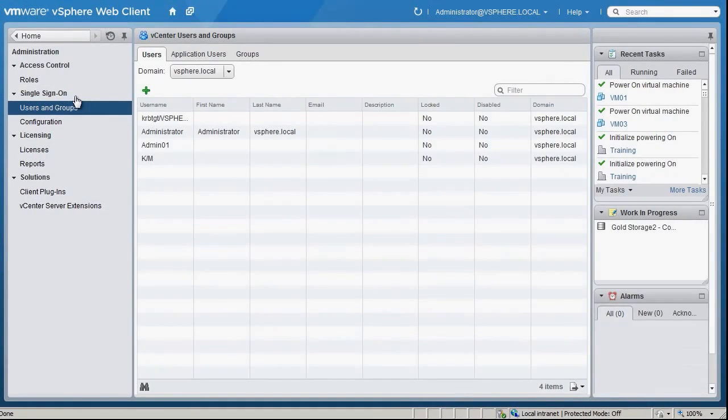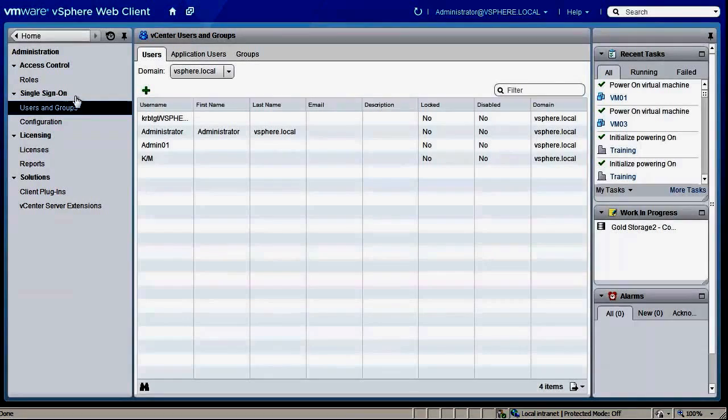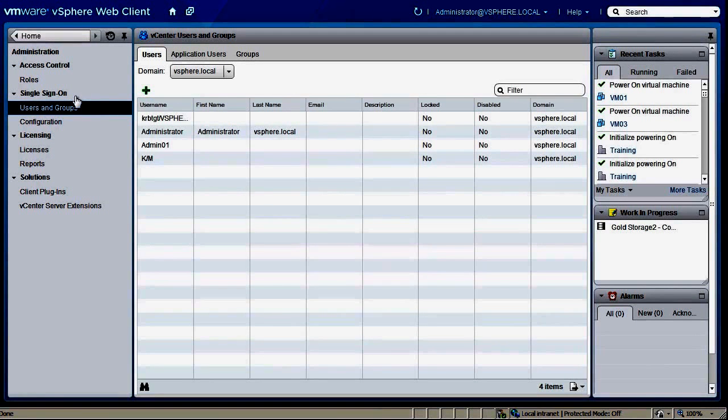The fact is that if you're going to be using vSphere 5.1 or vSphere 5.5, then you're going to be using single sign-on. It's part of the initial installation. When you do the installation, you create the vSphere.local domain. And the very first administrator at vSphere.local is an important account. You set a password on that account, and you better remember it, because everyone authenticates to single sign-on,